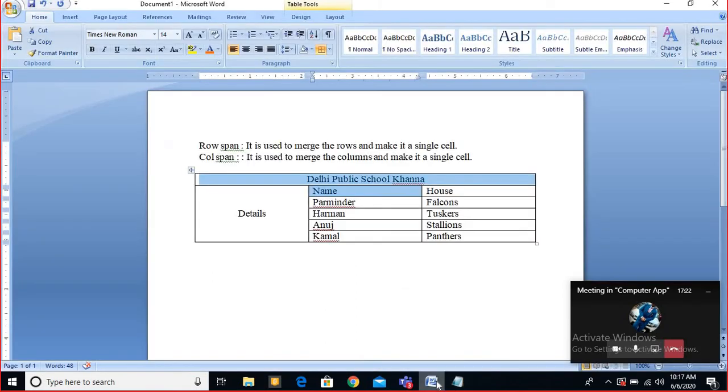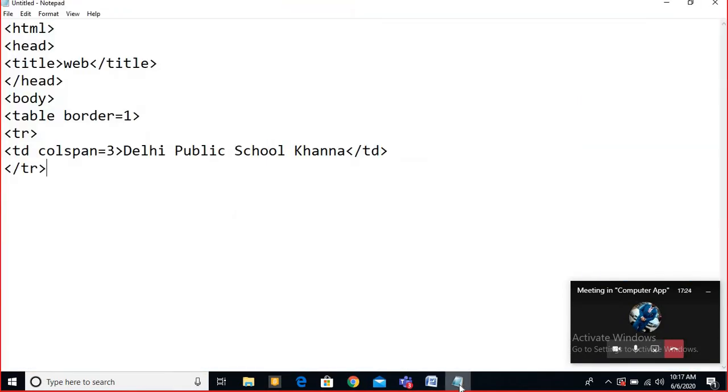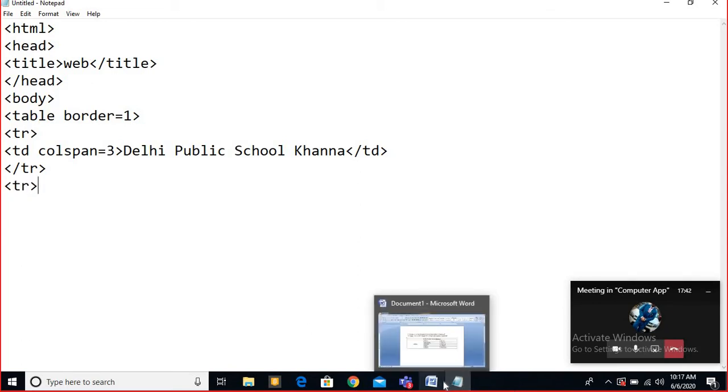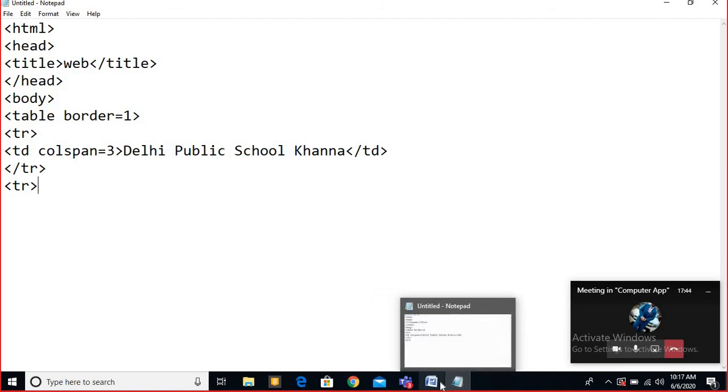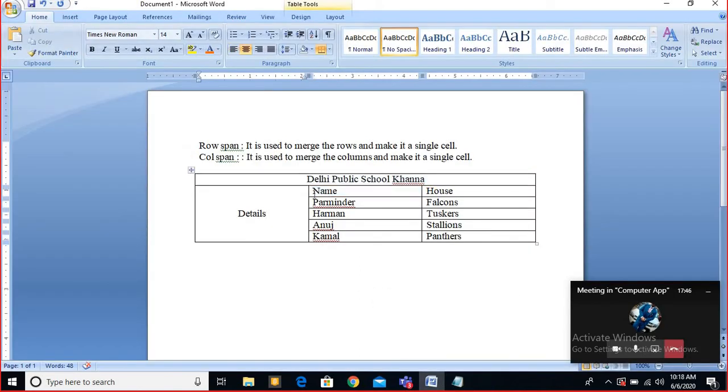If you see this, colspan is easy as compared to the row span. Row span is also easy, but you have to think about one thing. Means one thing you have to keep in mind, then it will be solved. So let me tell you, for the row you have to start the tr. There is no doubt, because every time we have to start the tr. Now you see how many rows are spanning here. 1, 2, 3, 4, 5. 5 rows are getting spanned here.